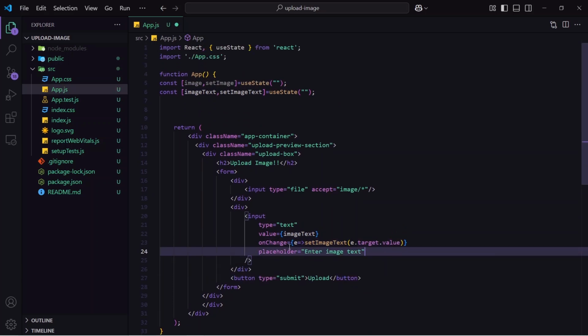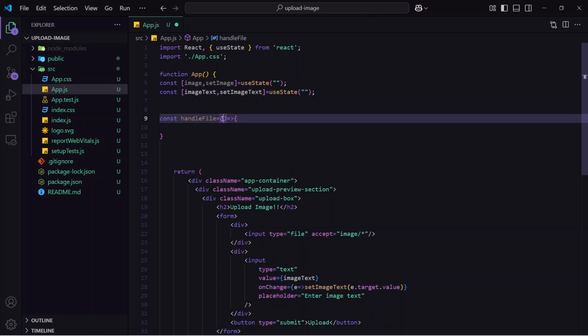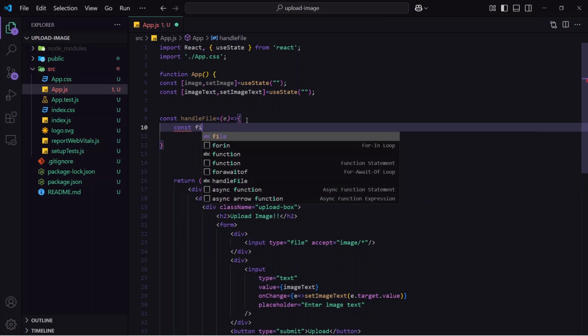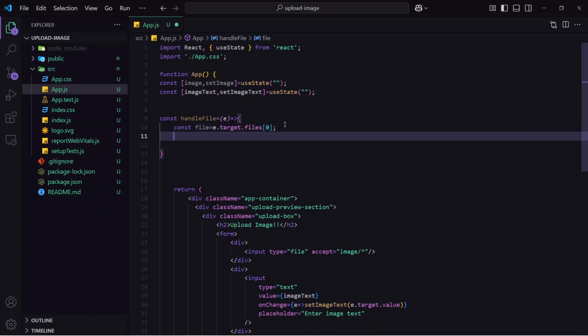This is done. We cannot directly assign input here because we want to get the file and then we want to convert that file into the base64. So that's why I'm going to create a function here, name as handle file. Here we will accept the e. In this I will create a variable name as file and I will assign here e dot target dot files. And you know in the files we will get multiple things, so we want only first data, so that's why I will write here first element. Okay, so this is fine. Now we have got the file. Now the next step will be to convert the file to base64. For that I'm going to use file reader.